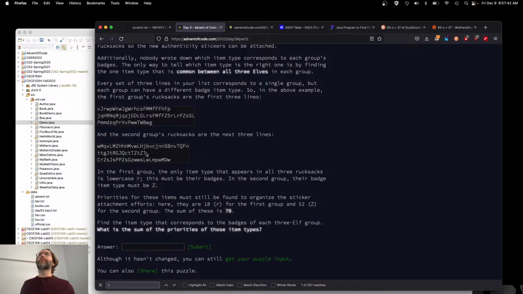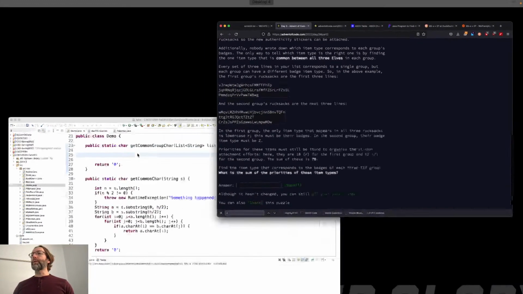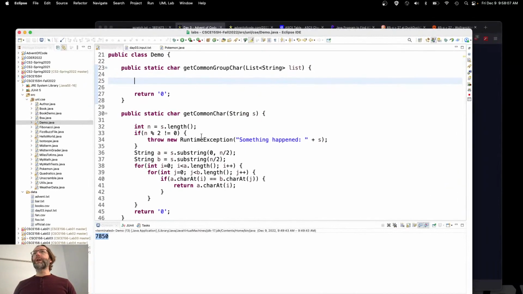Sorry, my thought process here was that I'm probably going to go with the longest one, but now I'm thinking it doesn't matter, does it? Because it's got to be in all 3. So it doesn't matter if you take the shortest one, the first one, the third one, or whatever. The common character has got to be in all 3. They wouldn't give us bad input. Okay, so let's just start with the first one. For each character,